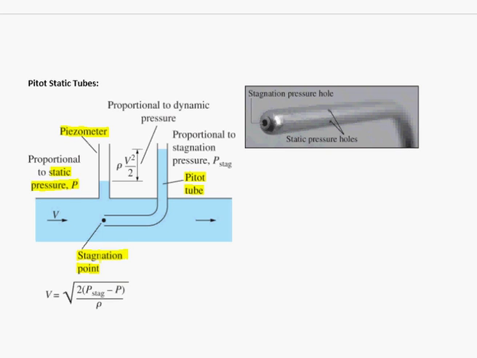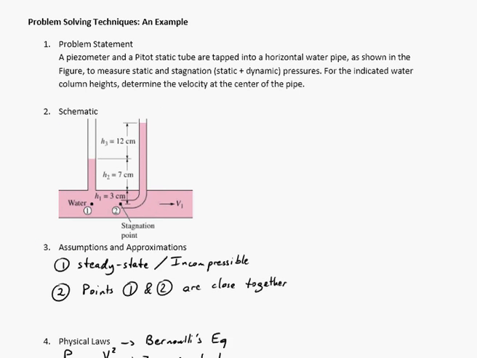A pitot-static tube now combines both of these by adding little holes, static pressure tabs, on the outside of the pitot-static tube, and thereby it allows us to measure the velocity of the fluid by measuring the stagnation pressure and the static pressure. And we already looked at an application of this during the first class period when we